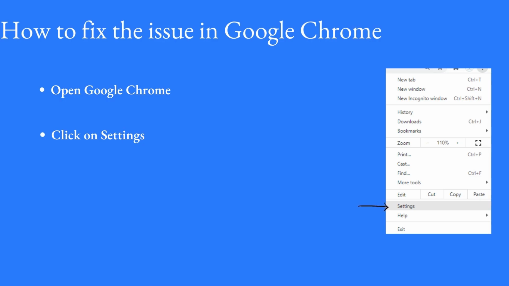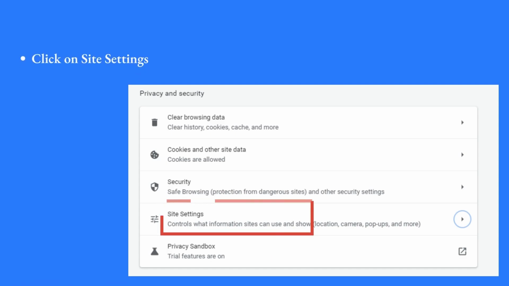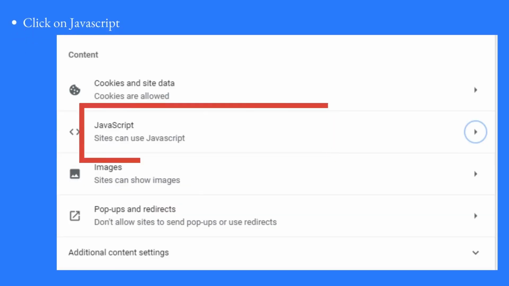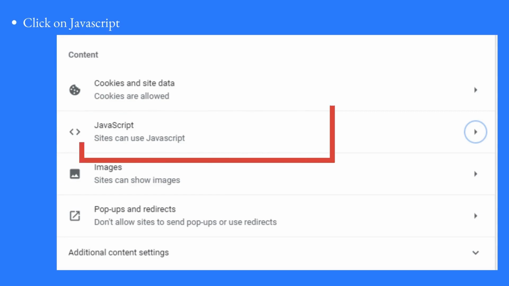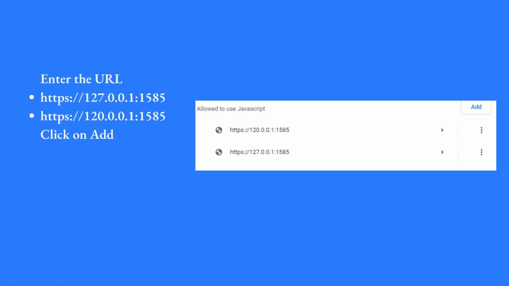Go to Google Chrome, click on Settings. Under Privacy and Security, you will find the option of Site Settings. Click on Site Settings. Under the tab Content, you will find the option JavaScript. To add any sites which can use JavaScript, click on this. You can see the option which are the sites that will be allowed to use the JavaScript. Click on that, enter the URL